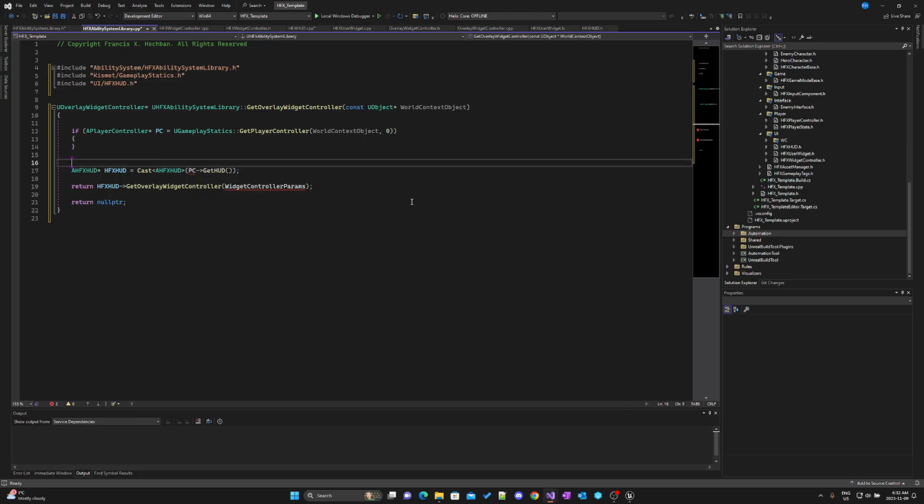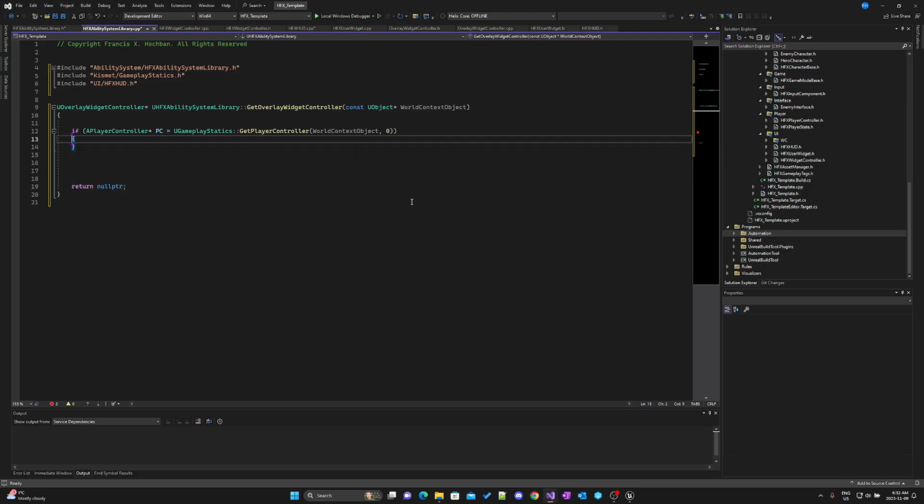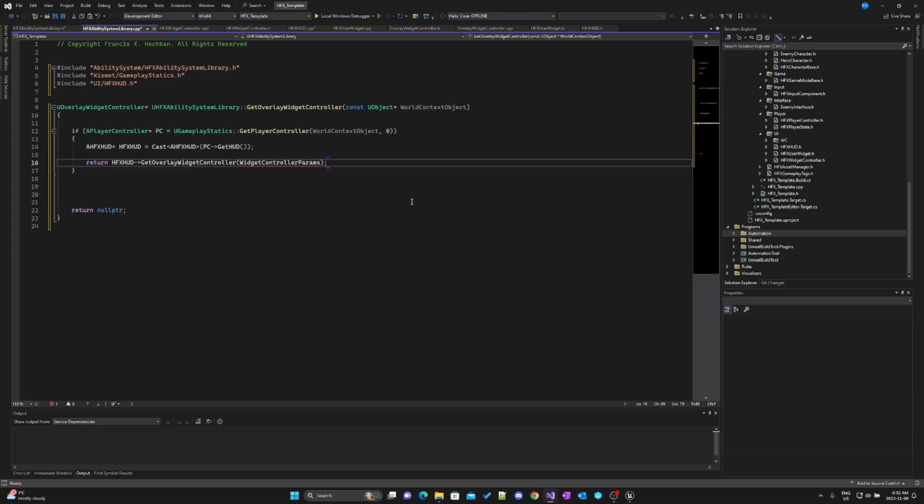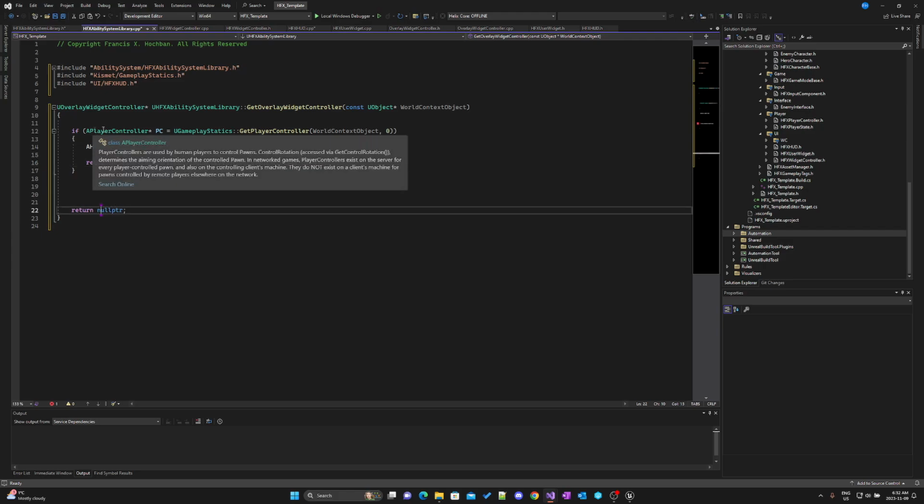Get rid of that thing for now. And then we'll put this stuff inside there. So I'm going to cut that from here and paste here. So if we don't have a valid player controller, we're going to be just falling out with a null pointer. So inside here,